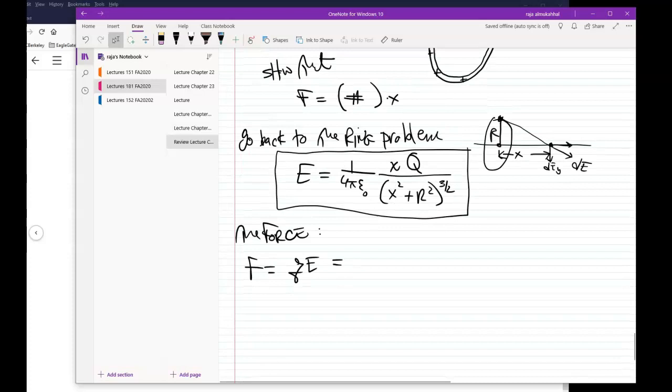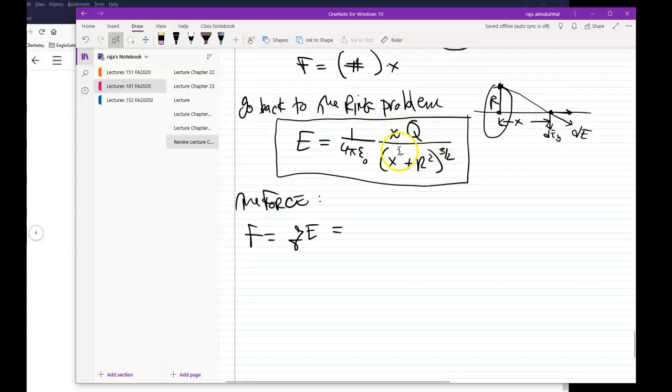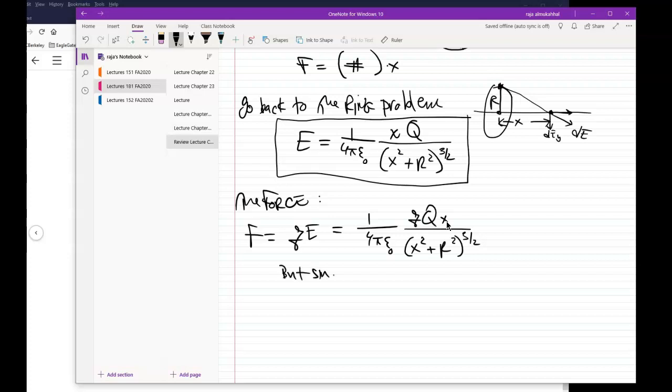So in this case, I'm going to have, again, copying this in there, 1 over 4 pi epsilon naught times q Q x over (x squared plus r squared) to the 3/2. I have that. Okay. Now he said the oscillation, he said, but since oscillations are too small,